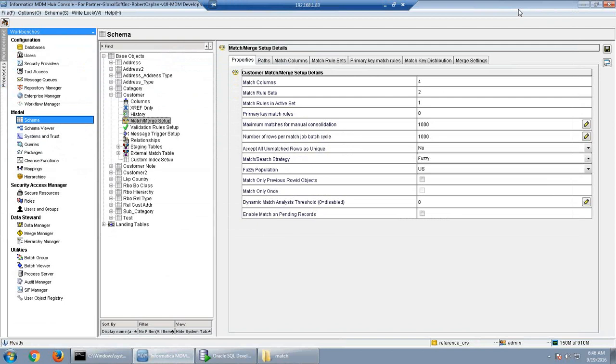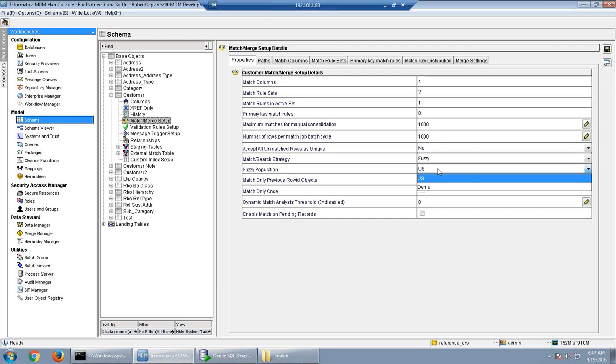Okay, so if the company is dealing with multiple populations, here you can see it's just a drop down where it is showing US and demo. Similarly, if the company is dealing with multiple populations, for example US, Canada, India, and GB, four or five countries, in that case it needs the population file for all the countries.